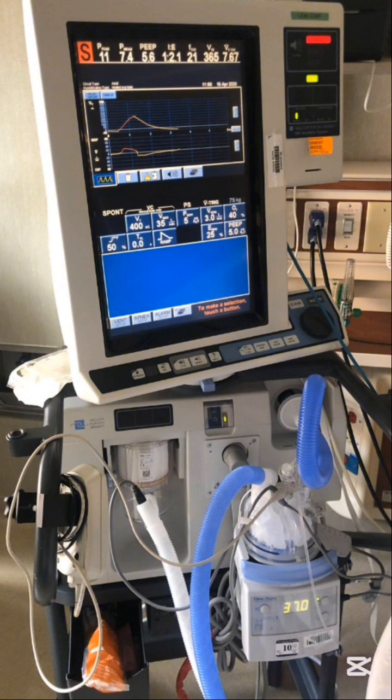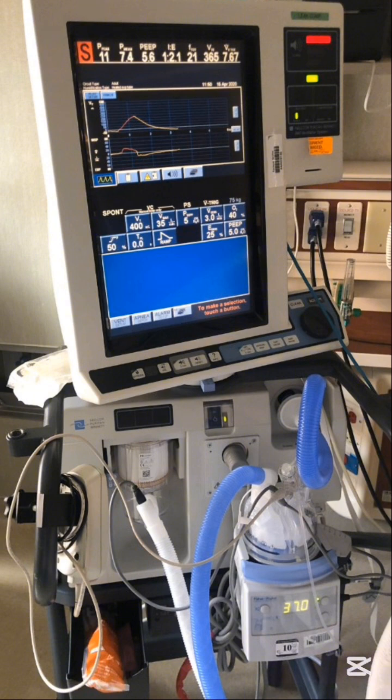Then come the neuromuscular disorders, the conditions that affect our nerves and muscles. So GB syndrome, that is Guillain-Barré syndrome, and MG, that is myasthenia gravis, are some common neuromuscular disorders. Then there are some other disorders in which the patient's respiratory muscles can be compromised. But in any neuromuscular disorder that can compromise your neurons and the muscles, the respiration, in that condition we have to put the patient on the mechanical ventilation.